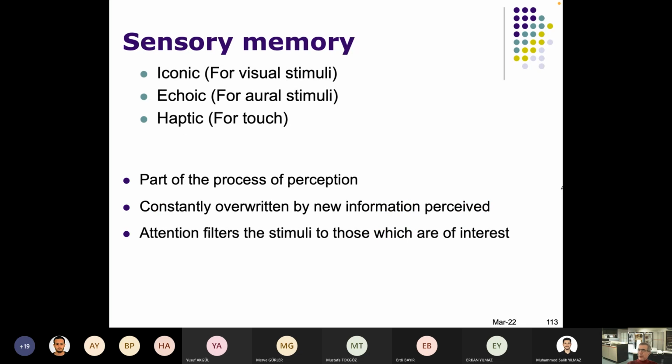Sensory memory is for hearing, for seeing, and touching, plus smelling, so you remember a feeling of touch, a feeling of smell, a sound, for example, a song that you heard